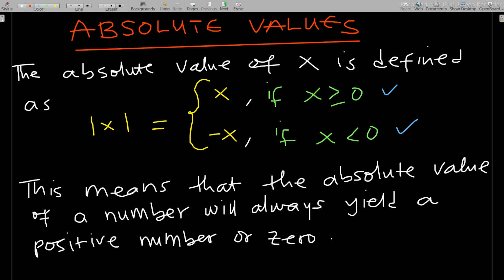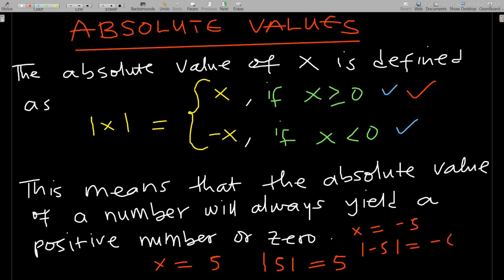Let's say x is equal to 5, then the absolute value of 5 is 5, positive. Yes, it's greater than 0, so you use this condition, and it equals the same x, which is 5. Now, if x is equal to negative 5, then the absolute value of negative 5 is equal